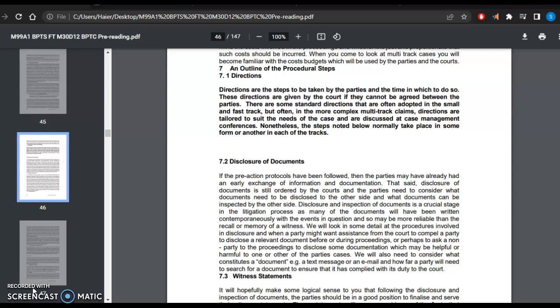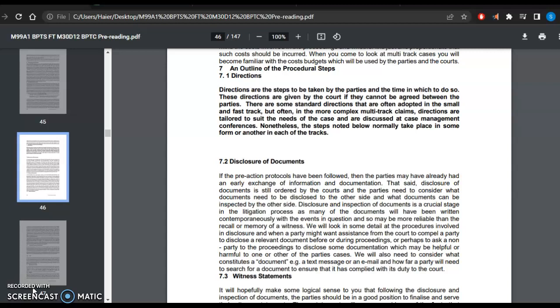There are some standard directions that are often adopted in small and fast tracks, but often in more complex multi-track cases, the directions are tailored to suit the needs of the case and are discussed at case management conferences. So, in the small and fast track cases, standard directions are mostly followed, but in multi-track and complex cases, every case has to be tailored in a particular way so that the directions suit the case